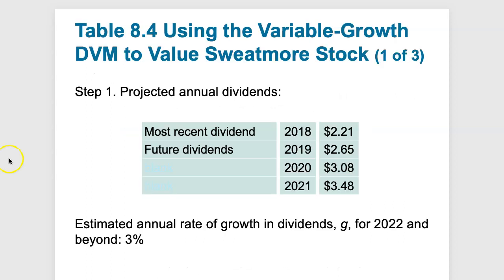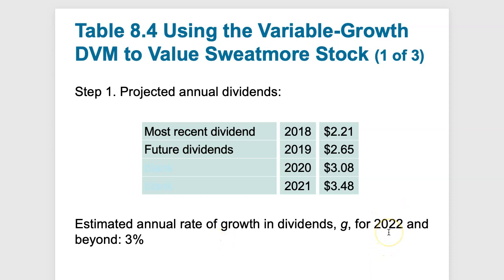So if we look at this, let's just walk through an example here, because it's a little bit more complicated than the other two models. So we have the projected annual dividends. We have 4 years and we have a projected dividend. Here's the most recent dividend. This would be D0, D1, D2, D3, as if we wanted to put the Ds next to them. And the number notes the years in the future. So the estimated annual growth rate in dividends